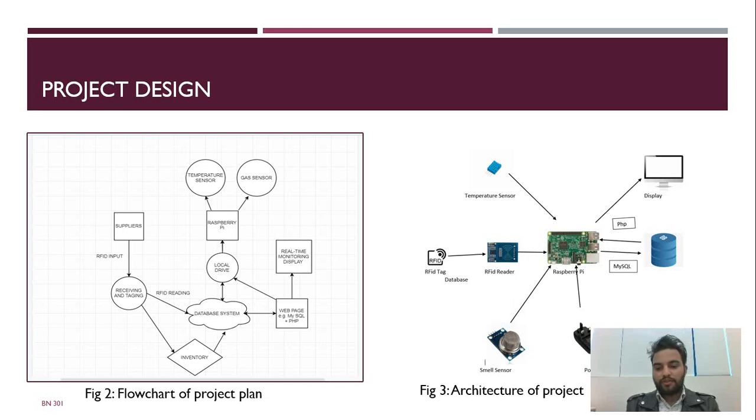So let's move into the architecture of the project. In our project, you can see the real hardware-based devices. There is an RFID tag which is connected with the RFID reader. It will be in the Raspberry Pi, and the Raspberry Pi will be connected via the power supply connector, and there are two sensors: a temperature sensor on the upper left, and the smell detector sensor on the